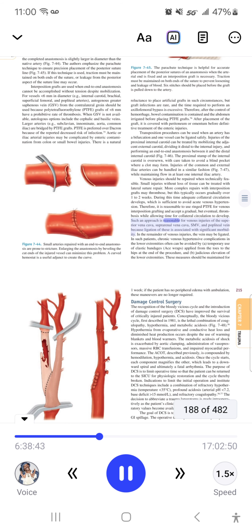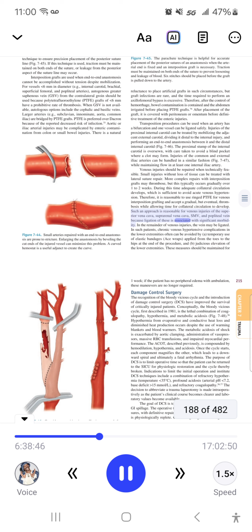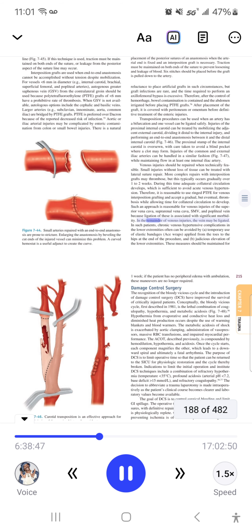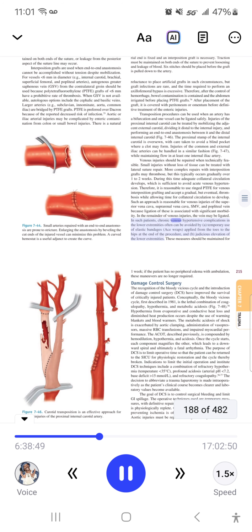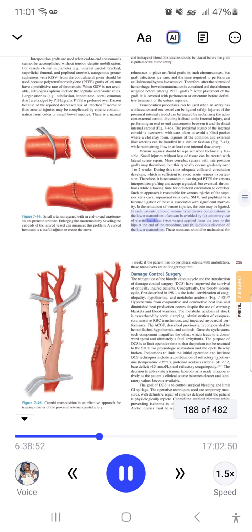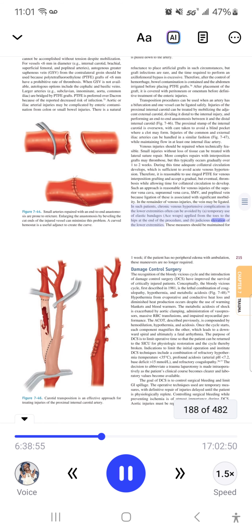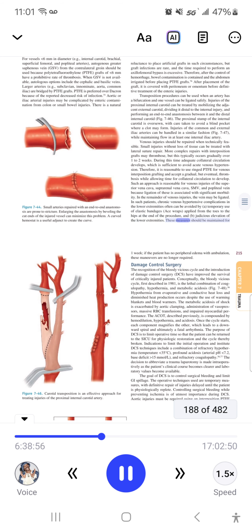Such an approach is reasonable for venous injuries of the superior vena cava, suprarenal vena cava, SMV, and popliteal vein because ligation of these is associated with significant morbidity. In the remainder of venous injuries, the vein may be ligated. In such patients, chronic venous hypertensive complications in the lower extremities often can be avoided by temporary use of elastic bandages, ACE wraps applied from the toes to the hips at the end of the procedure, and judicious elevation of the lower extremities. These measures should be maintained for